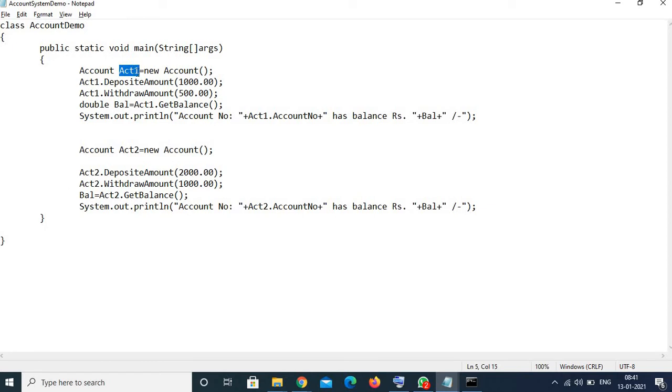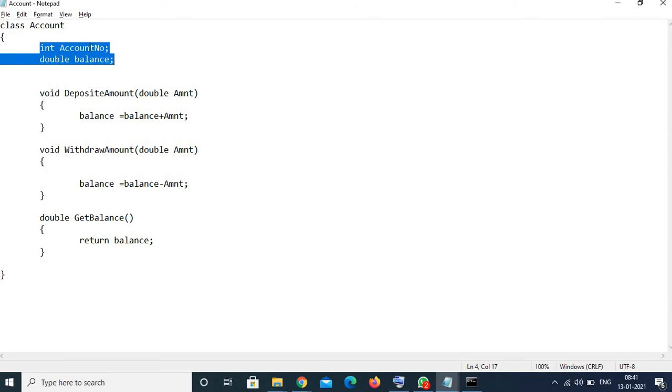Now the point is, at the time of creation of the object these variables get created, but which values do they get? Initially when they are being created, they must be getting some values. In C language, when you create a variable and don't assign any value to it, it contains garbage values. If you define int a and try to print the value from that variable, you will get garbage because you have not assigned any value of your own. But in case of Java, it doesn't happen.